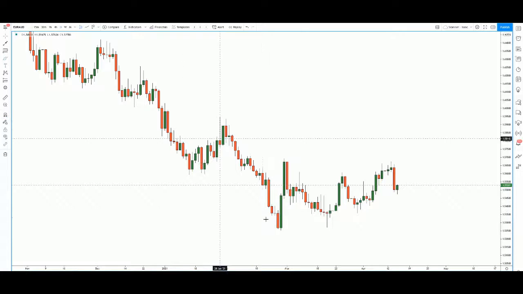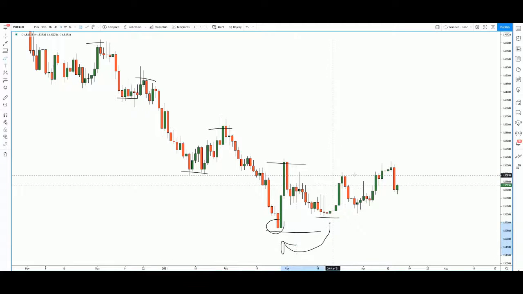Okay, we see that the Euro Aussie made a low, right? It's been making a series of lower highs and then also a series of lower lows, very clear, right? However, now price has made a higher low, and despite it making a lower high, price has consistently made higher lows, until recently price has just made a higher high,